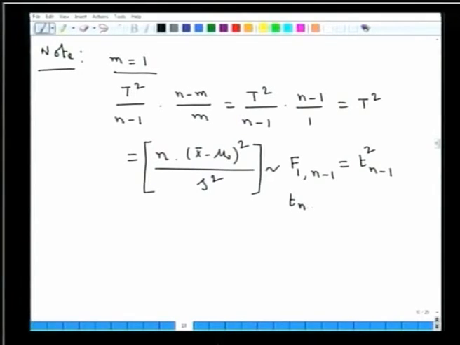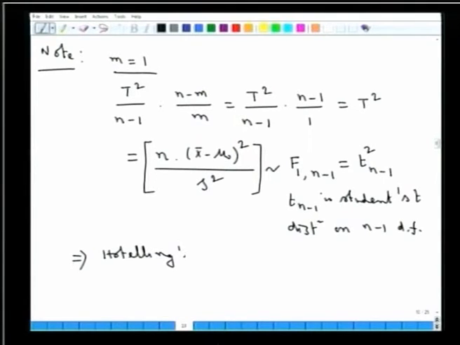So this T n minus 1 is the student's t distribution on n minus 1 degrees of freedom. This implies that this Hotelling's t square is a generalization of the student's t distribution